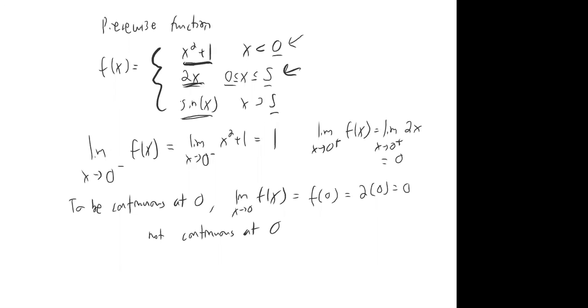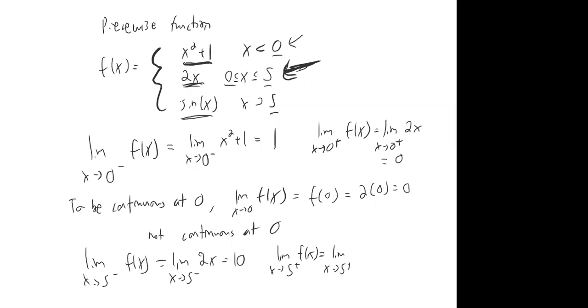Like here, the limit as x goes to 5 from the left of f of x. So I'm approaching with values smaller than 5, so I'm right here in the middle. So I have the limit as x goes to 5 minus of 2x, and that is 10. And I don't care what sine of 5 is. But if I go from the right,